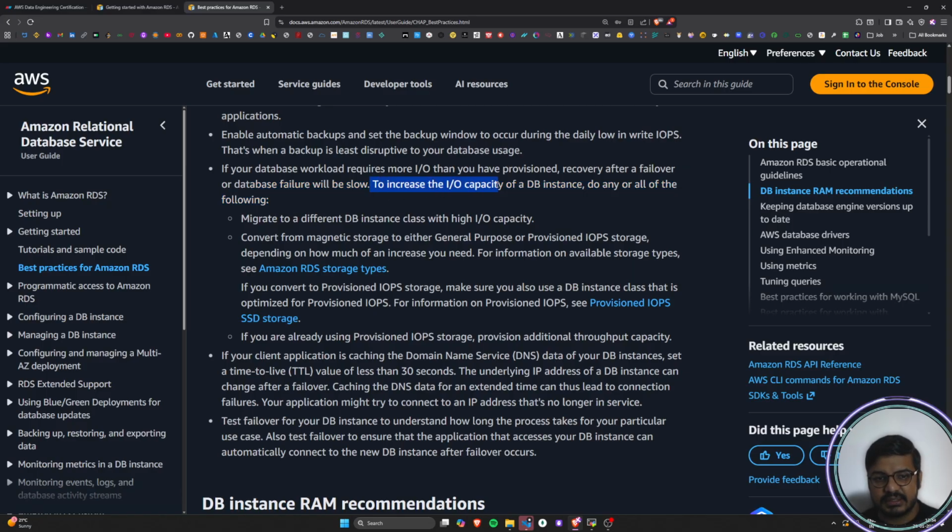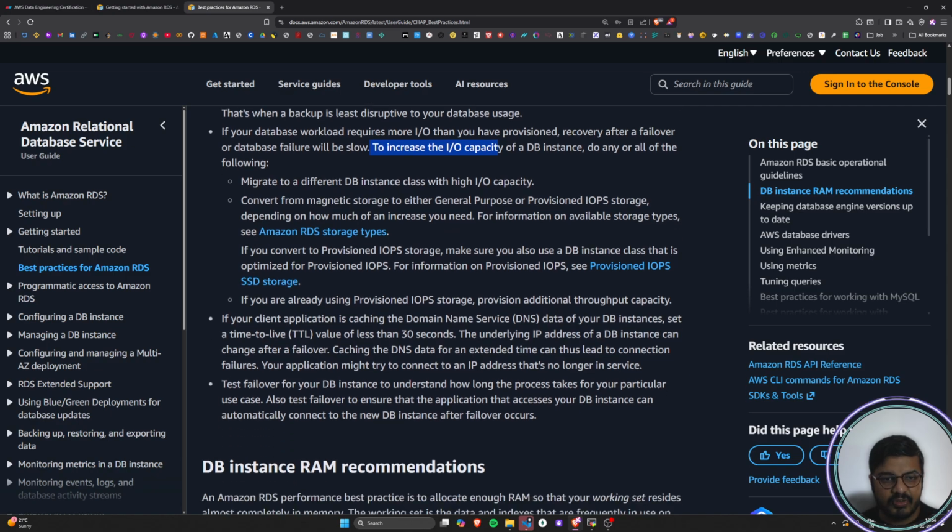Now to increase the input output capacity of the database instance, we can do any or all of the following. Firstly, we can migrate to a different database instance class with a higher input output capacity, right? That simply means that we can scale up our instance. Secondly, convert from magnetic storage to either general purpose storage or provisioned input output IOPS,